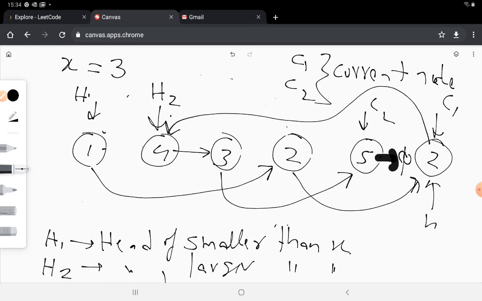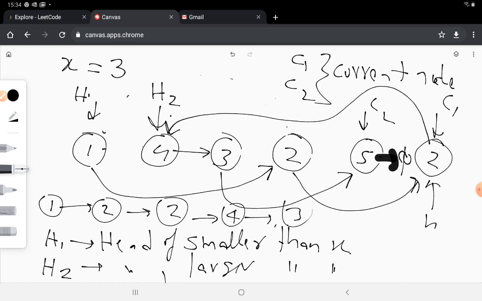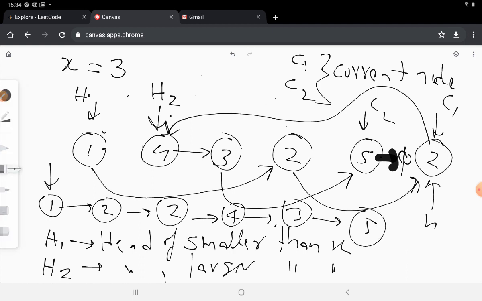So now if you carefully look at this list, what we have actually achieved is h1 is pointing to the beginning of the list. So if we start from h1, we have 1, then from 1 we go to 2, from 2 there is this next 2, and then 2 next goes to 4, followed by 3, and finally followed by 5. So we return this h1, which is pointing to the beginning of the list, as the starting of the partitioned list, and that would be our answer.